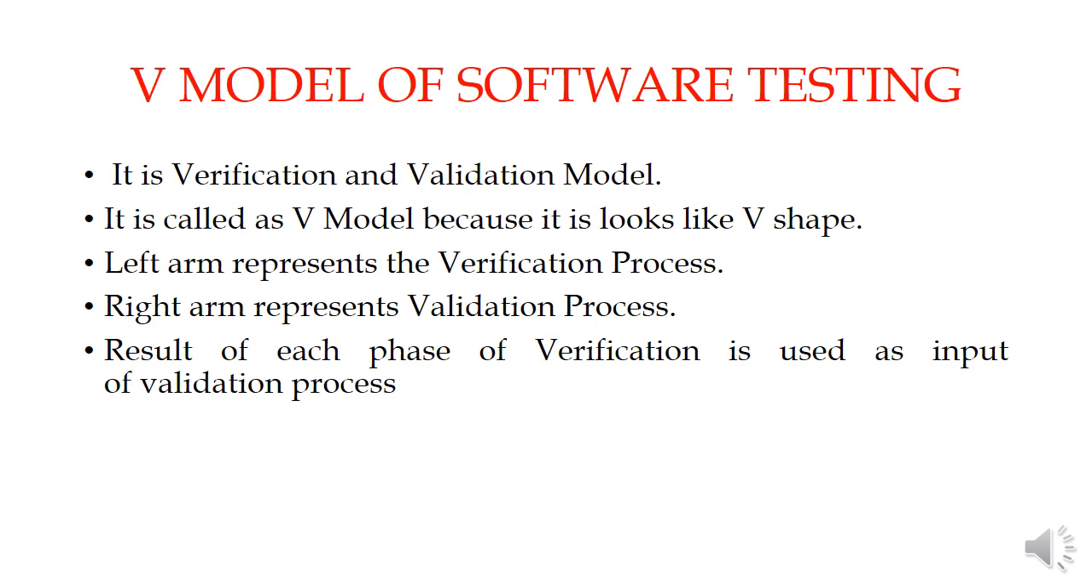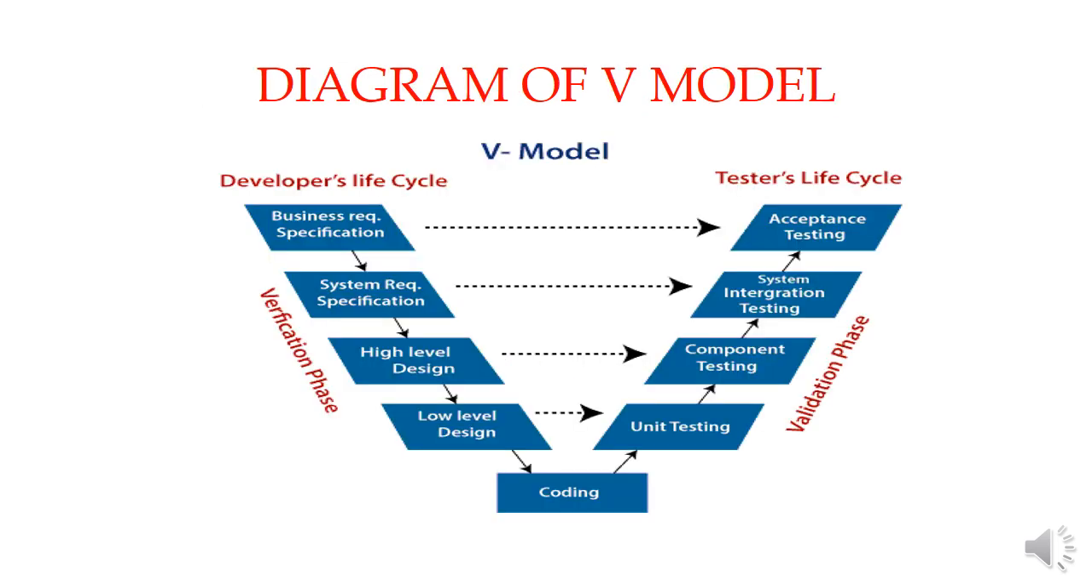So the V model of software testing is a verification and validation model. It is called the V model because it appears like a V shape. The left arm represents the verification process, and the right arm represents the validation process. The result of each phase of verification is used as input for validation. In the diagram of the V model, the left arm has the verification and the right arm